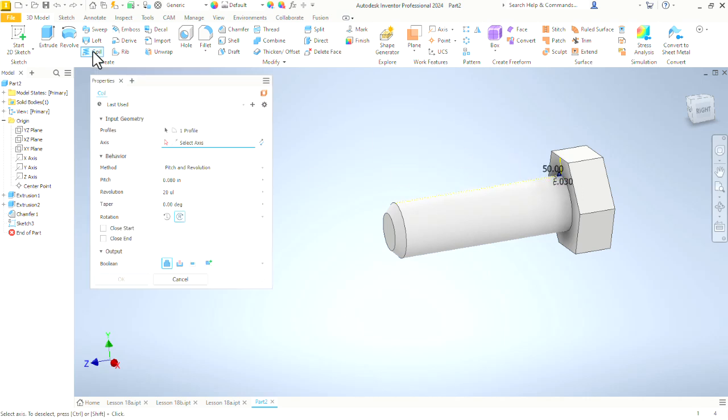So come up here and click on coil. For this one, let's use the option of pitch and revolution. Let's use a pitch of 80 thousandths. That will put 80 thousandths spacing between each thread. And let's look at how to figure out how many revolutions we're going to need. We know that this is 1.25 inches long. If we divide that by 0.080, divide by 80 thousandths,